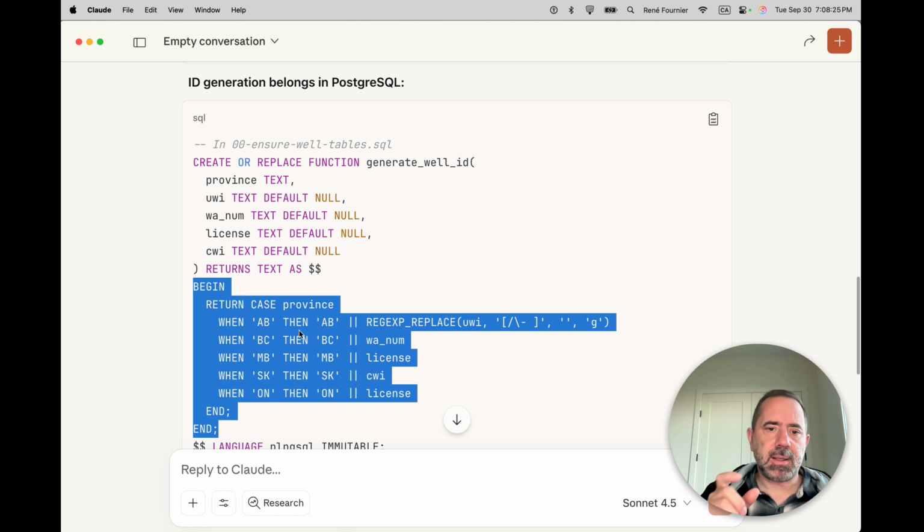But then what happens is if you're building a web application, if you have a well site, like in this case, where the UWI or the well authority number in BC or the license number in Manitoba, they don't have UWIs yet. Or in Saskatchewan, they're ahead of the curve. They have the Canadian well identifier. The government made this in the 60s, so we adopted.